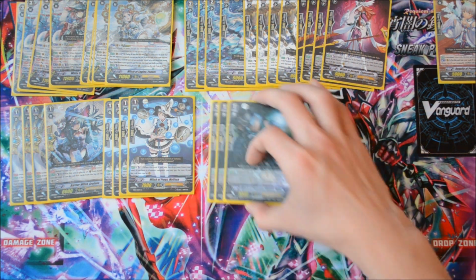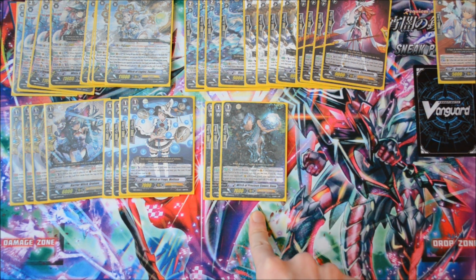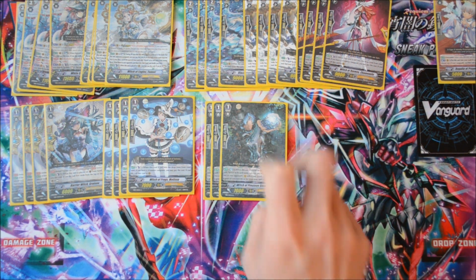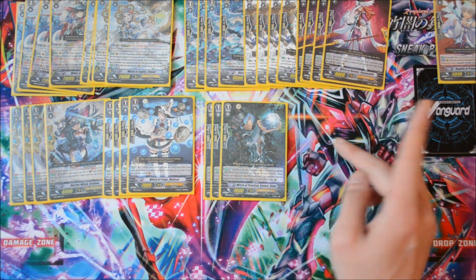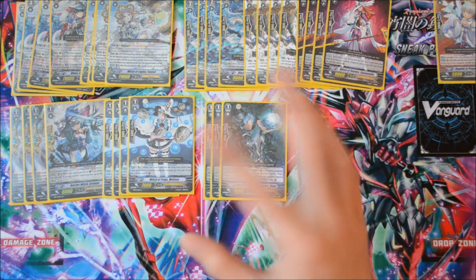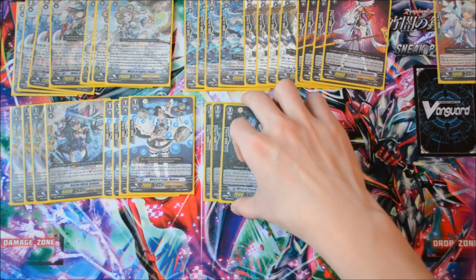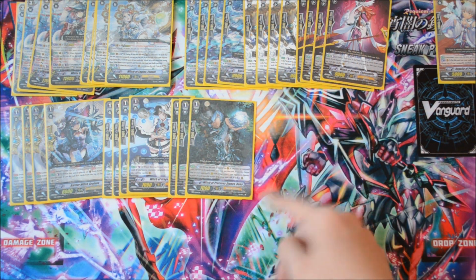Next I run 3 cards. This is the Shadow Paladin Witch, Witch of Precious Stones, Dana. So she has a curse. When you call her, Soul Charge 1 and you swap an opponent's rear guard with a grade 0 from the drop zone. So essentially you curse their opponent's rear guard to be grade 0. I run 3 because she's a fun card and it's nice to tag a Shadow Paladin Witch into this